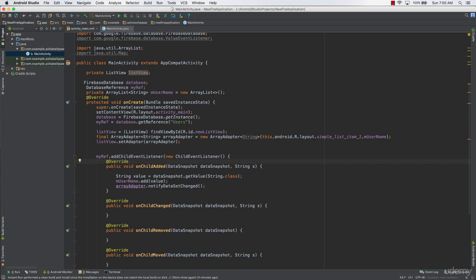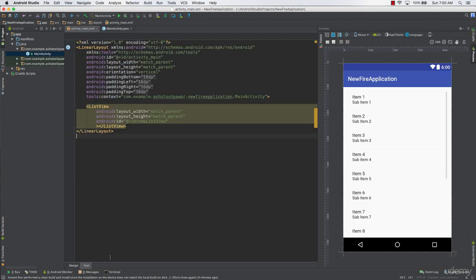Hello and welcome to this lecture, and in this lecture we are going to learn something about Firebase authentication. In the previous lecture, we learned how to get values from Firebase and display them in a list view. In this lecture we will learn how to authenticate a user,